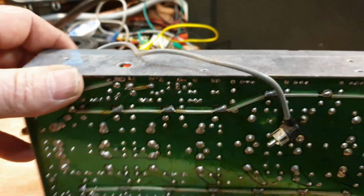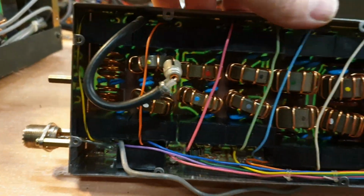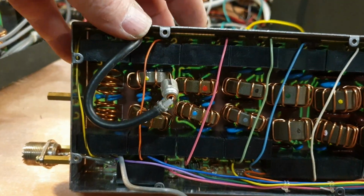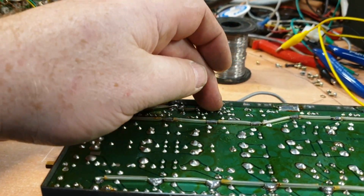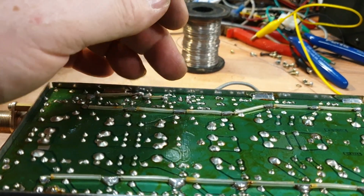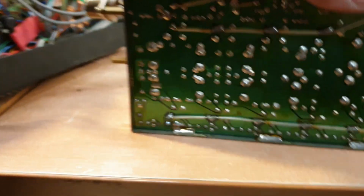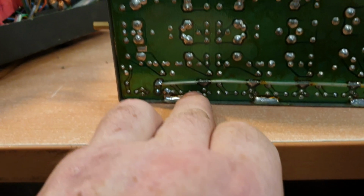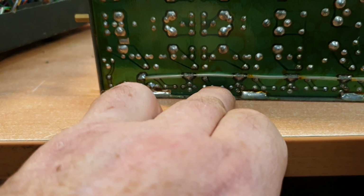A couple of things to be careful of. When you're resoldering, they've got these little inductors near these relays here, all tucked in the side. It's very easy to run your iron over the side here and let one drop. So don't go too fast. Be thinking about the components that you're actually soldering, especially when you've got it sort of tipped over, you've got inductors,